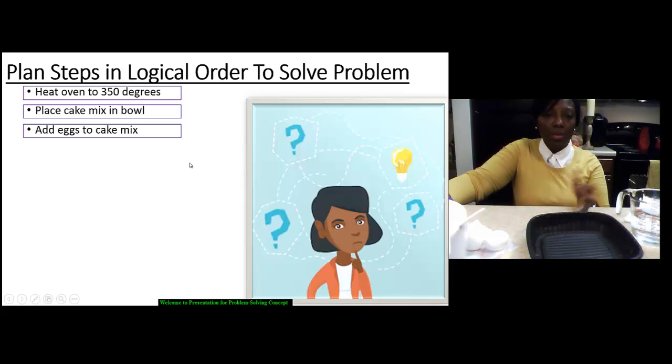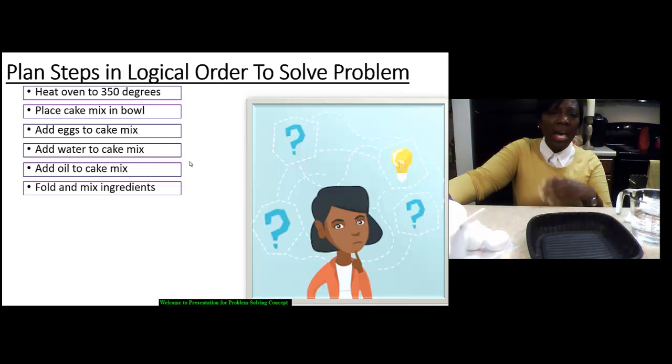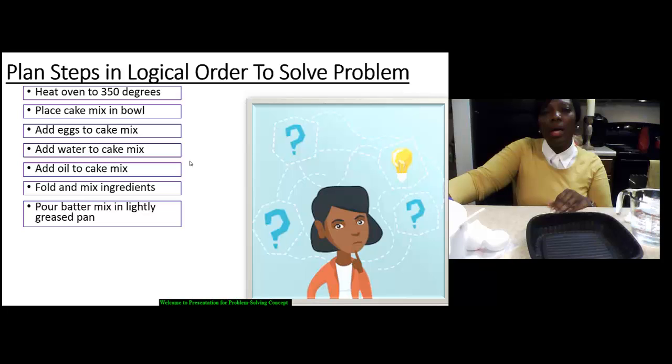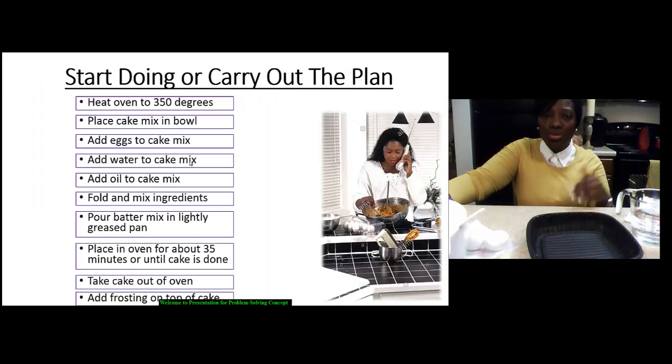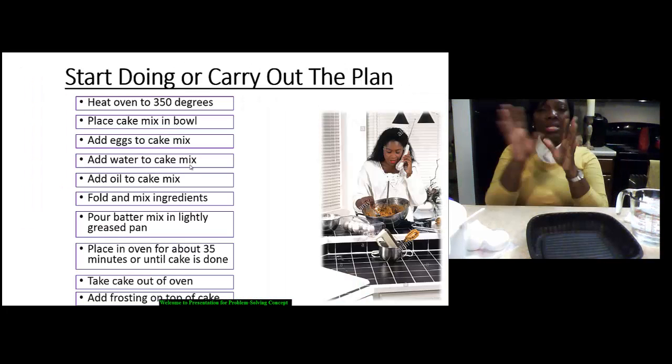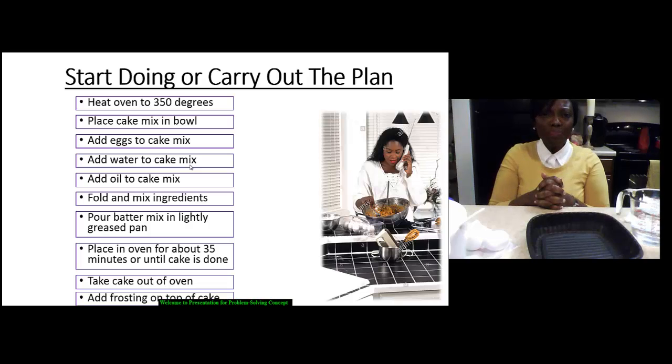Okay, so I think about it: I have to heat the oven. I have to mix the cake mix or place it in the bowl. I have to add eggs, add the oil, fold, mix, put it in the oven, frost the cake. So all of those are the steps that I must take, and I must put them in logical order to solve the problem. Once I come up with my logical thinking, analyzing, and making a plan, my next step is